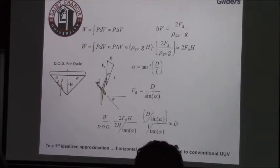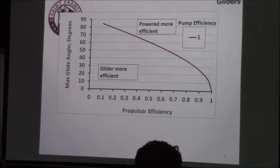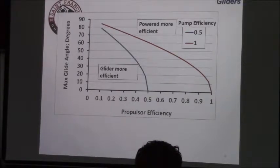Okay, so let's go further with that. Because I'm going to lay it out like, why are you looking at gliders? And then I'm going to point out why you want to use gliders. Okay, so if you go one more step past that,